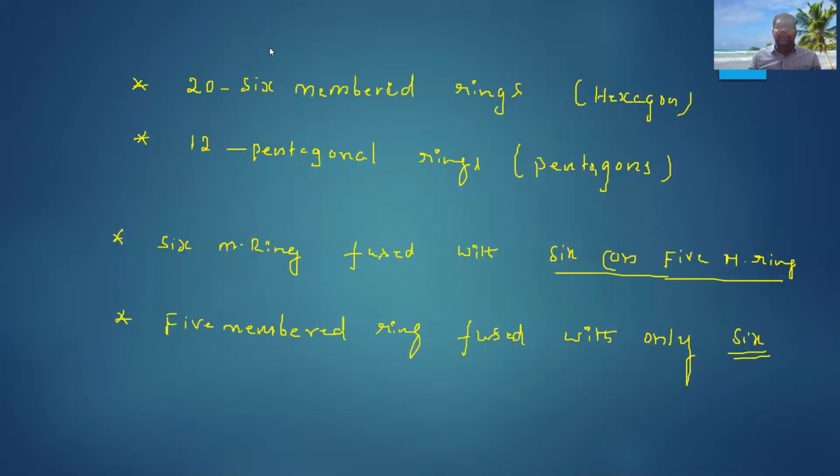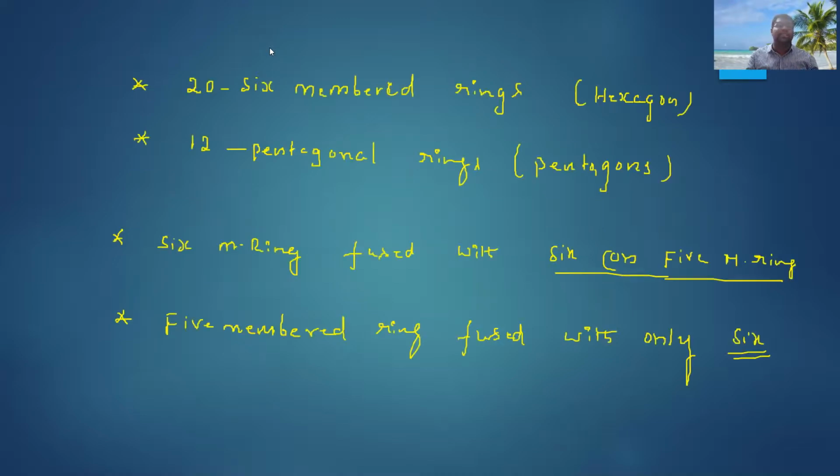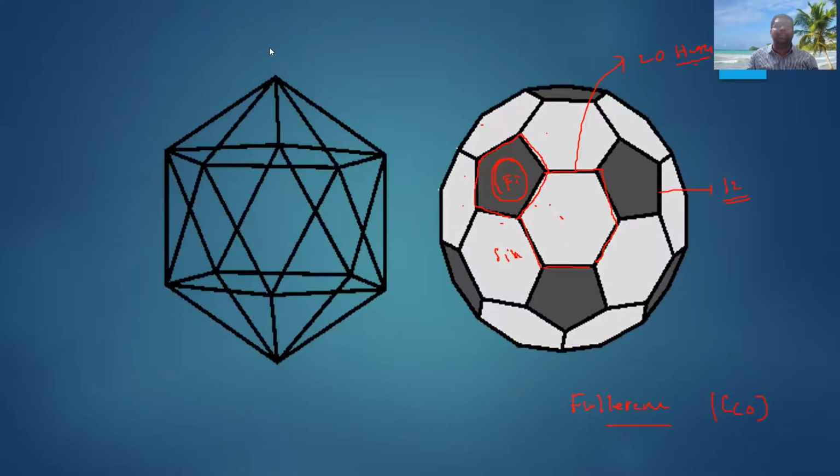Therefore, is this fullerene thermodynamically less stable or more stable? What is the hybridization of carbon in fullerene? That is also most important. Here the hybridization of each carbon is sp2. So the hybridization in the fullerene structure is sp2. What is the hybridization? sp2 hybridized carbon.